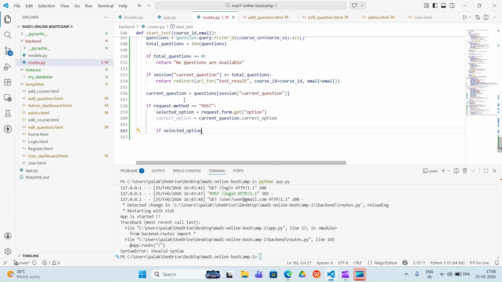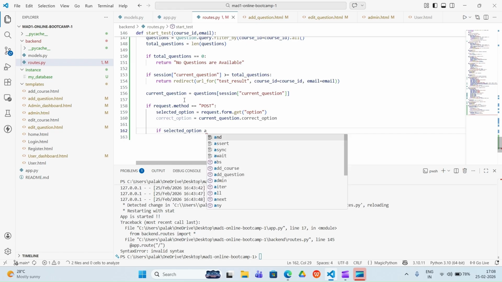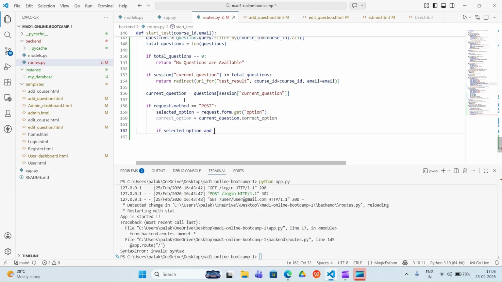So for that, we'll write here if selected option, and we are also going to make them either lower case or upper case, so that the answer should match. Maybe the user will write in lower case and the answer is given in upper case, then that will be a mismatch, and your answer will be shown as wrong. So we need to convert both either to lower case or to upper case. We want both of them to look similar.